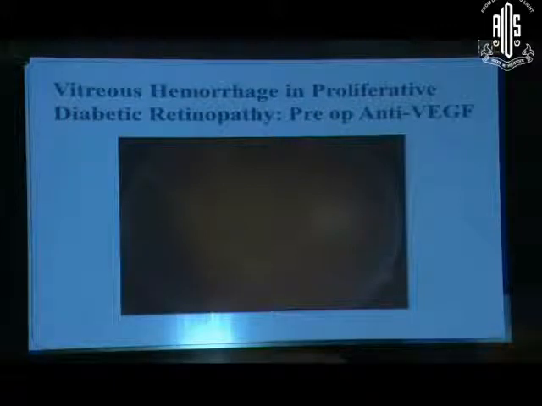intravitreal Avastin preoperatively, maybe 3 to 5 days before, depending on surgeon's choice, and then the hemorrhage also starts to clear up, and the ease of surgery is also there, that during surgery the leakage of blood from the diseased vessels is not there, and so one is able to do the surgery very well. And so a preoperative use of Avastin in case of vitreous hemorrhage has really made the lives of the vitreoretinal surgeon much easier now.